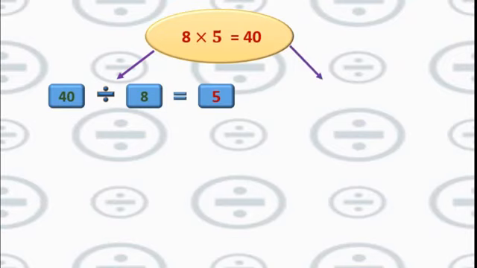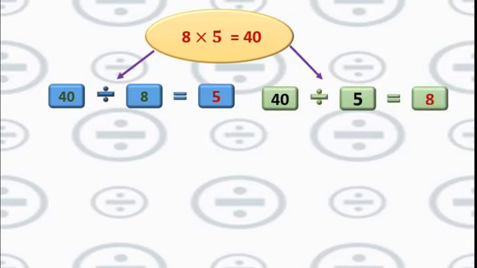Now second division I will do here. 40 divided by 5. Second number I used. So 5 eights are 40. Got this answer, means by one multiplication I got 2 divisions. First I use this number and second I use this number. Anyway you can do. First you can use this number also or this number also. The answer will remain same.